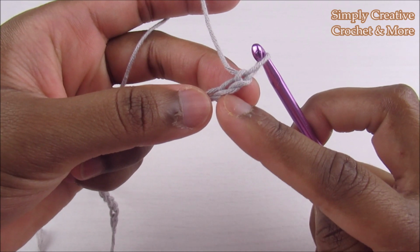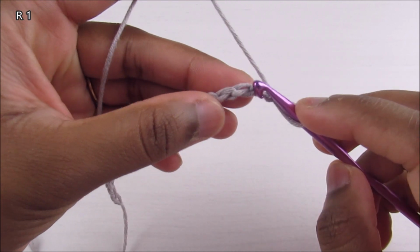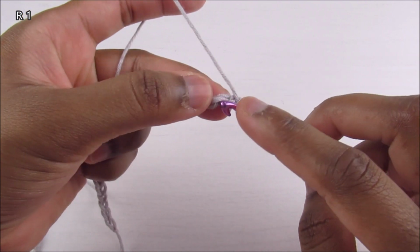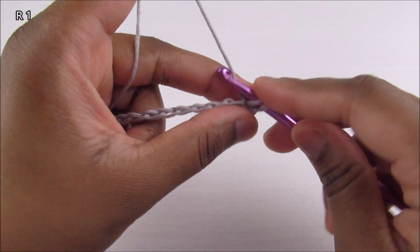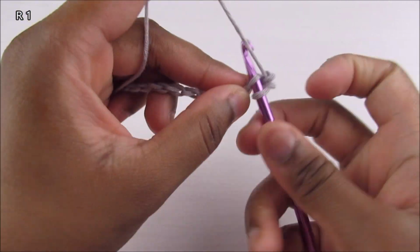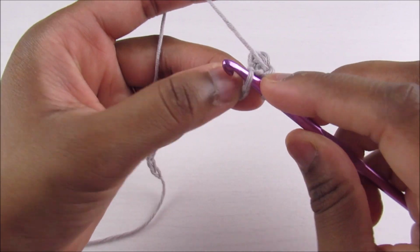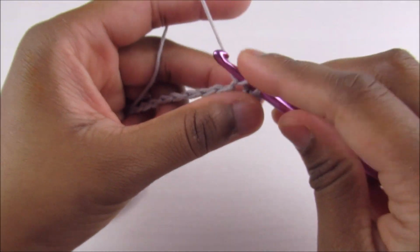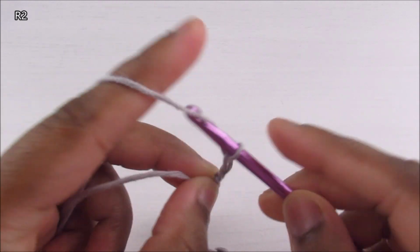So this is the first one into the second one, and I'm going to use the back loop of the chains. So when you turn the chain, there is this small bump. This is where I'm going to work. So starting from the second one, single crochet into each. So I've got my 19 single crochet, and now I'm going to chain 3, 1, 2, 3, and turn the